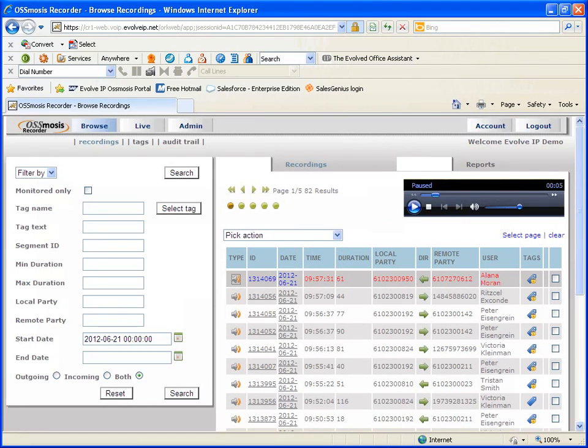When the application is first opened, the recordings window will open and display call recordings from the current day that you are authorized to access based upon the permissions granted by your group administrator. On the left-hand side of the screen is a search pane that allows you to search for calls based upon